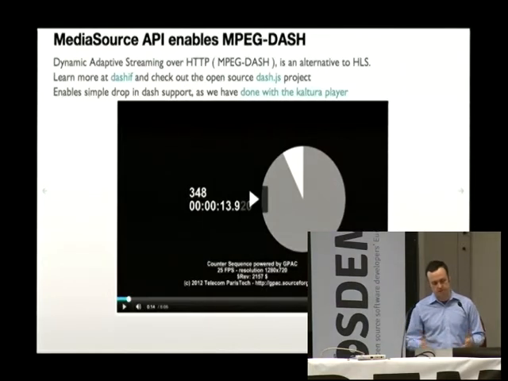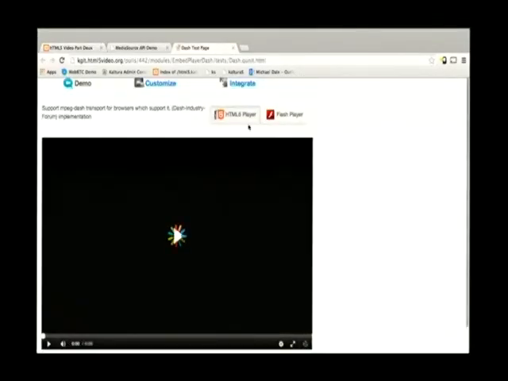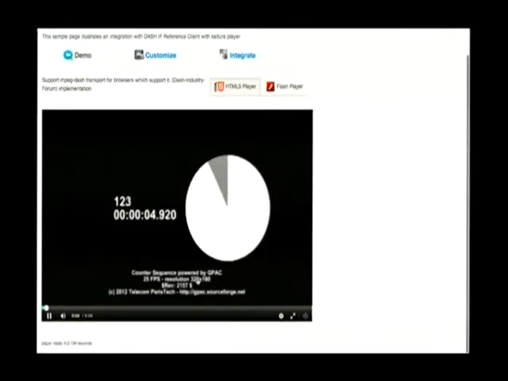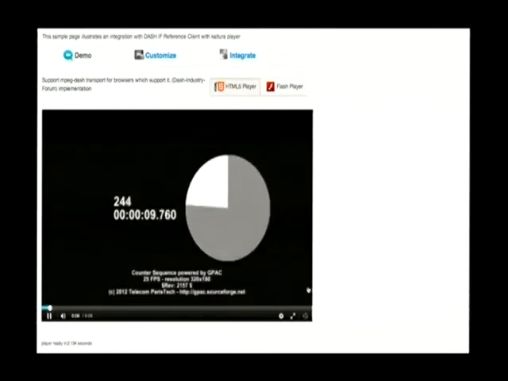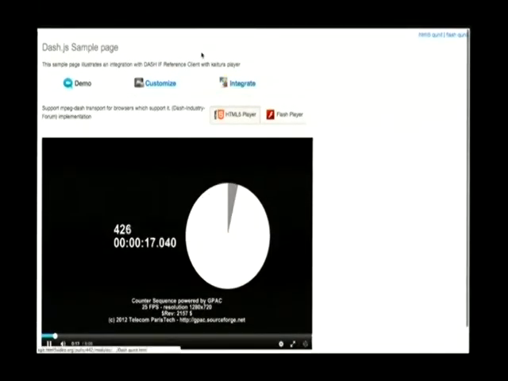The full API is a little bit more robust and enables things like MPEG DASH. We'll take a look at this as well. You can see here, I don't know if you can see it very well from the back, but it's low quality, and then it'll adapt the stream at 10 seconds or so, assuming the network is, there you go. So now it jumps to a higher bit rate. I'll pause it so you don't hear the beeping.